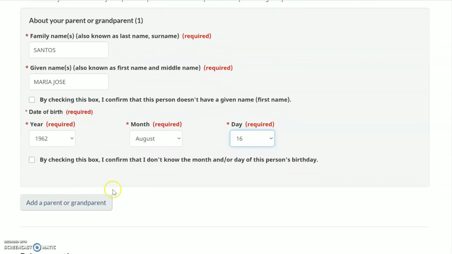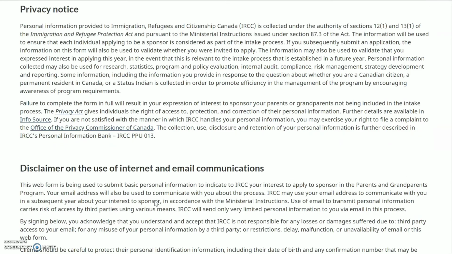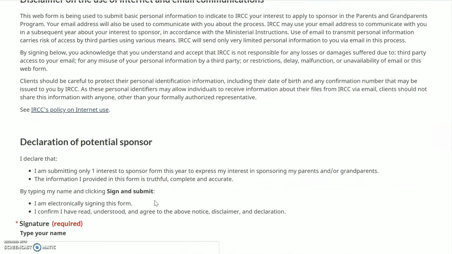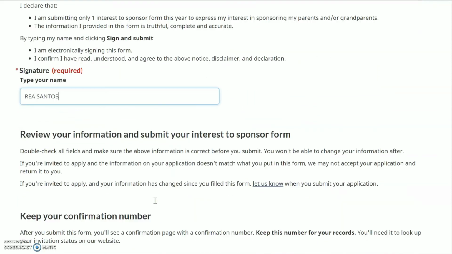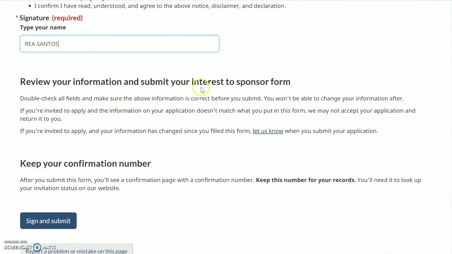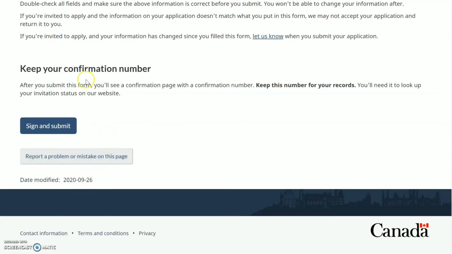So if you are done with all the information that you already checked, you need to put your name here. It's a declaration of potential sponsor. I declare that I'm submitting only one interest form. So that's important. Okay, so now that we are ready to sign and submit,